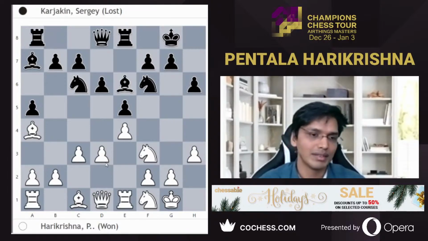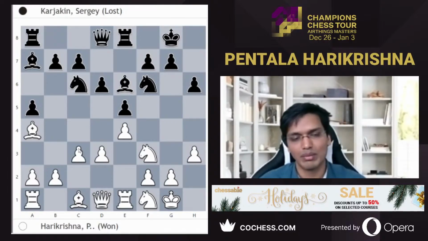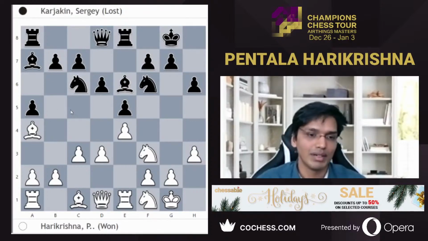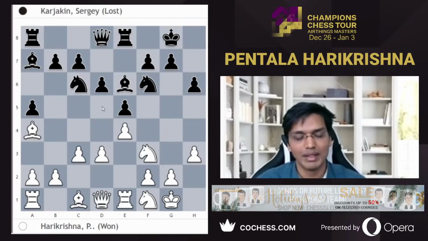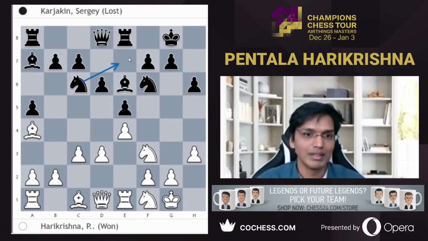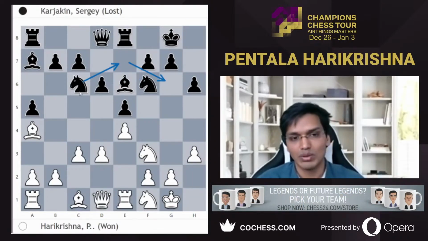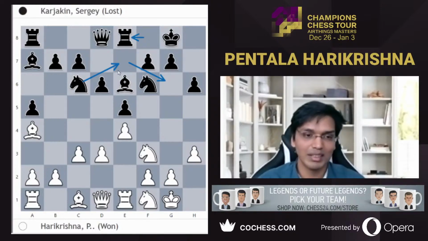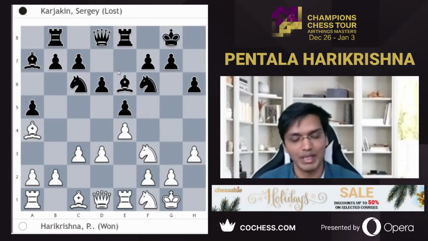Rook b8. Yeah, here is the issue for Black. So ideally, he would like to get b5, a4, and at some point d5, or even bring the knight to e7, knight to g6, and then play c6, d5. But since the rook is on e8, he can't move the knight to e7, and therefore he played rook b8. So after rook b8,